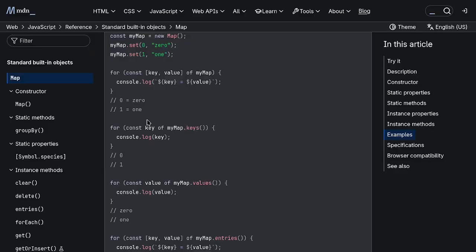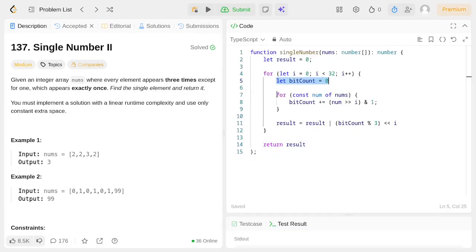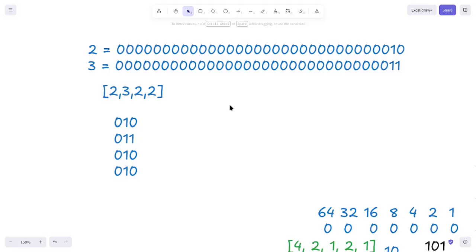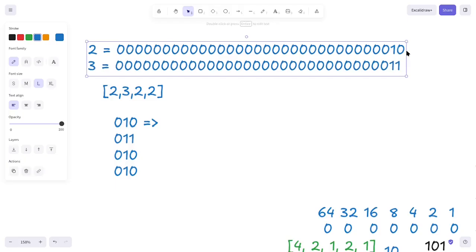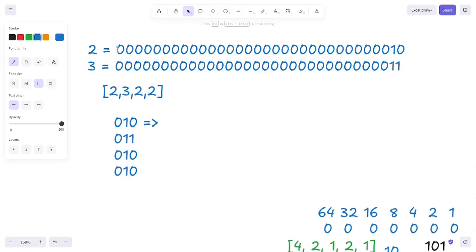And for the first operation of the bit count, we declare this as 0, and use the for loop for each num of nums, using the bit count of the current num, and then shift this to the right by the number of the bit that we are currently working on, and then use the AND operator by 1. And then that way we are converting 0, 1, 0. Let's say we are on the iteration of the 29. This one is 30 and this one is 31 because it is 32 bits and the array is starting